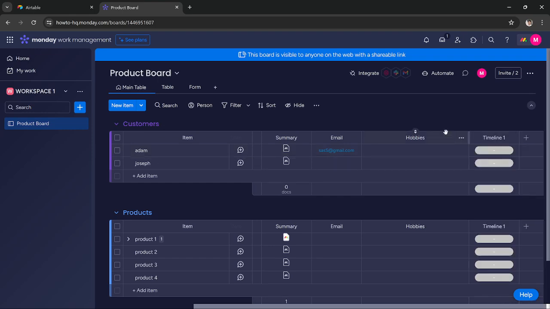For example, let's say you have a project and you want to assign 1 month to that project, but you want to know how many days are remaining for that project. So what you can do is simply create a timeline. Let's say I have product 1 here, and let's say I have 1 month to finish working on this